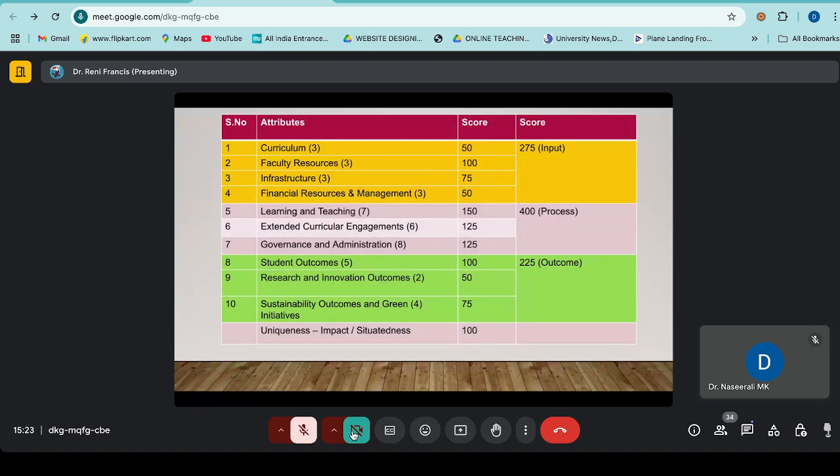Now, if you go back to your 7 criterion right now, you will see that what was mentioned in criterion 1 is also mentioned in criterion 3, criterion 5, criterion 7, criterion 6, and criterion 2. For example, you have a question in criterion 1 which speaks about value added courses. Suppose you have done a value added course in environment, you are talking about that value added course in criterion 1. Then you are again talking about value added courses in criterion 2, where you're trying to say that